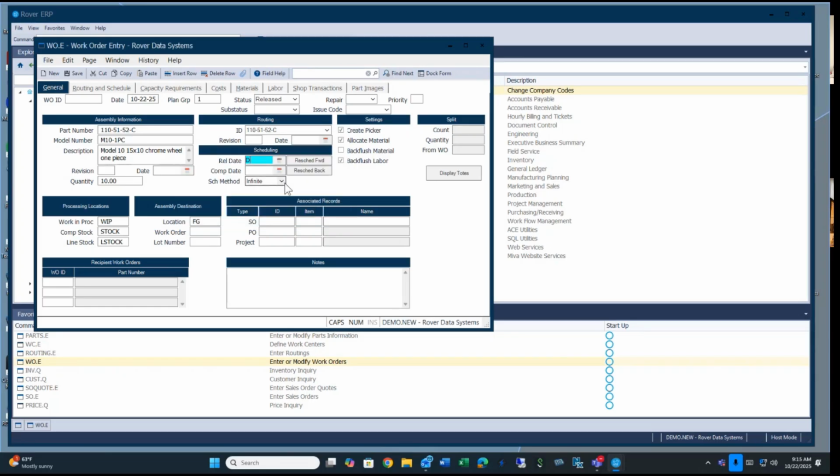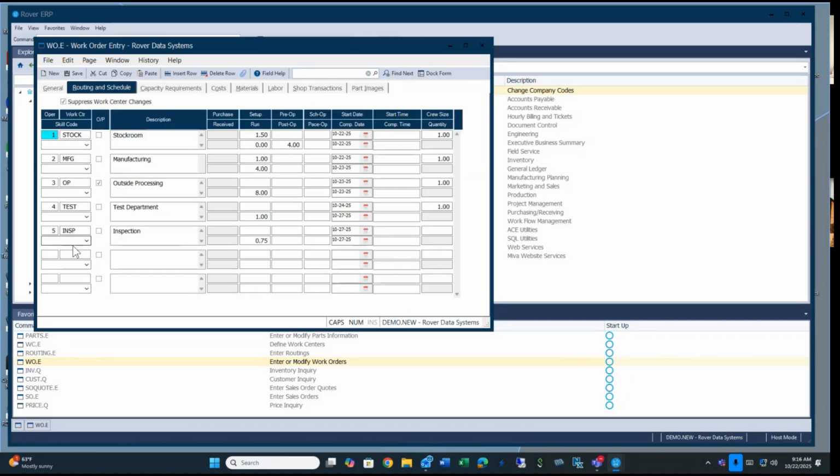So we can put in a start date, and I'll say I'm going to do that today. I'm going to leave the complete date empty. It'll schedule for me. And when I hit enter through that field, it says you should be able to complete this based on the schedule by 10/27. So then the question becomes, how did it come up with some of these numbers? And if we look at the routing and schedule that got loaded,